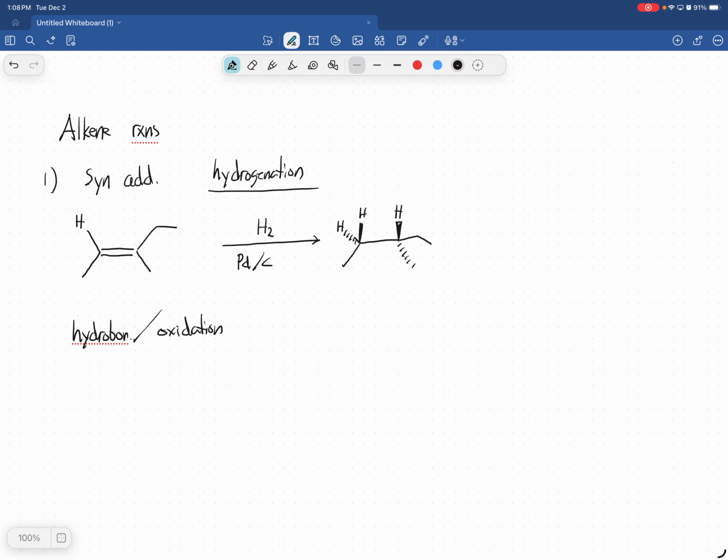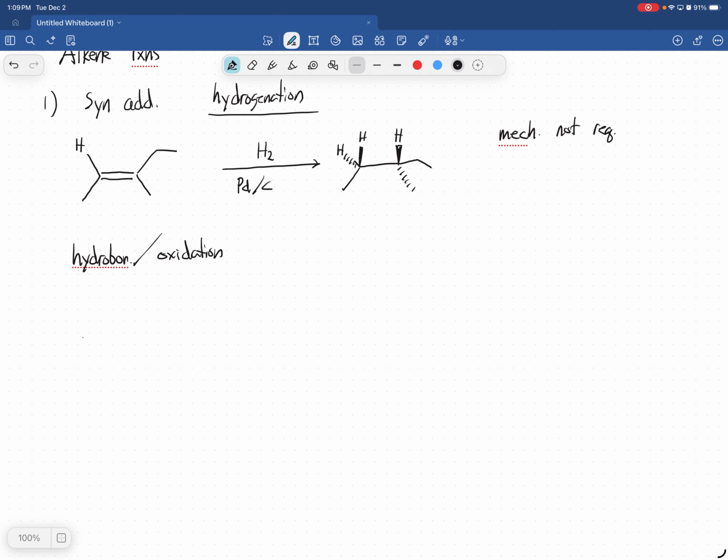Okay, so here, someone asked about the mechanism. Yes, you should know at least the first step of the mechanism. The second step, I'm not too worried about. The first one is more important to me, okay? The syn addition. All right, so this mechanism, we don't have to worry about it, so mechanism not required. But just know the metal is what binds them. Remember I showed you those pictures? We drew those pictures too. Just remember the metal acts as kind of like the enzyme, and everything gets absorbed, and that's why it adds to the same face. Now, hydroboration oxidation, on the other hand,